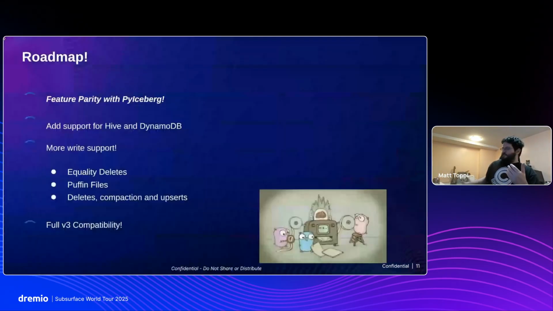And so the roadmap for Iceberg Go, obviously we want to get feature parity with PyIceberg. That's the first thing we want to do. We also want to add support for Hive and DynamoDB based catalogs, because lots of people use them. We want to add equality deletes, puffin files, compactions, upserts, all these utilities and features that are kind of important for the ecosystem and for most Iceberg use